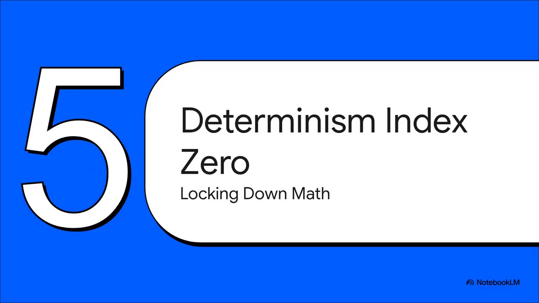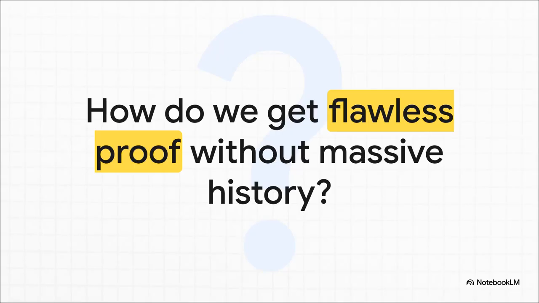And that leads us to the climax in Section 5, Determinism at Index 0. We are locking down the math. Now, what's really interesting about this slide is the core problem it highlights. That LIFO efficiency leads us straight to locking down the exact mathematical foundation needed to flawlessly manipulate the real world. Think about it. Historically, proving a digital state meant agonizingly scanning through thousands and thousands of past transactions just to calculate the current reality. It's bloated, it's slow. So how do we bypass that entirely?